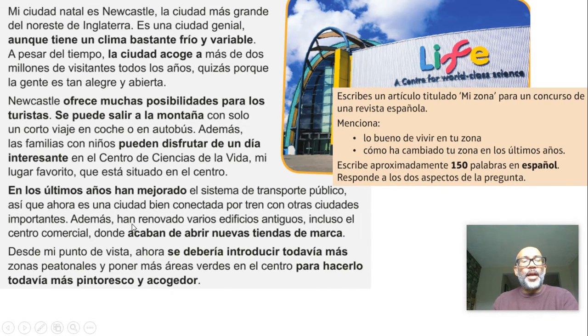Furthermore, they have renovated various old buildings,